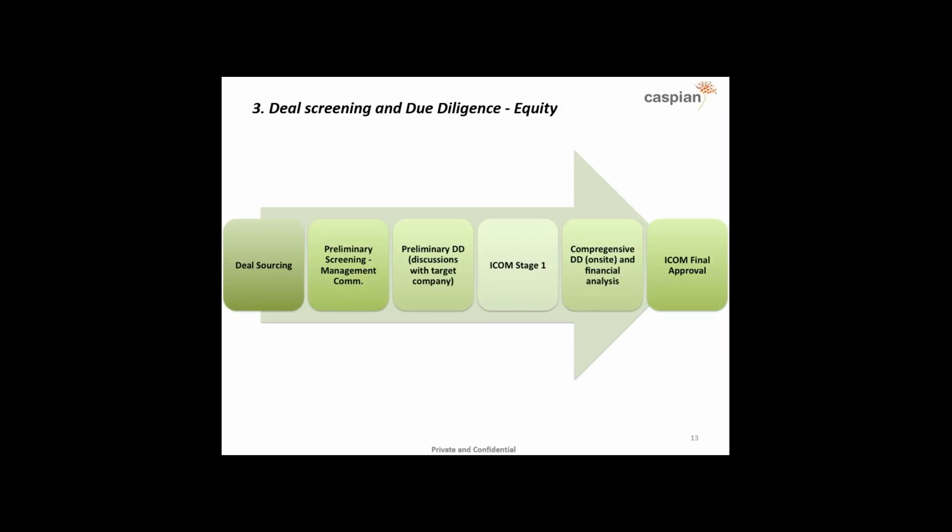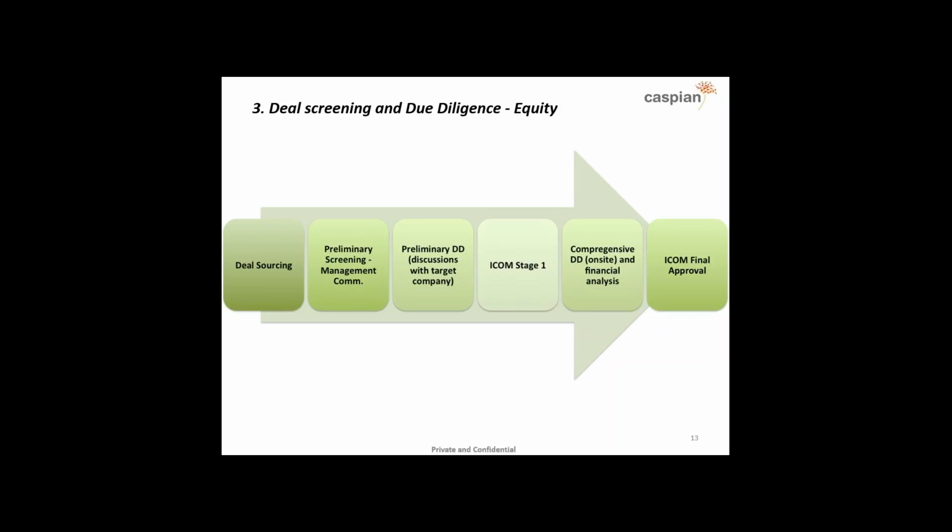Once it gets through initial screening, there's a preliminary due diligence where there are discussions with the potential investee, possibly a visit, at which point, based on that information, we go to the investment committee. In all our equity investment funds, the investment committee comprises independents as well as investor nominees, so this is not an internal committee. And one key change that we made somewhere along the line, which turned out to be quite useful, was the splitting of the investment committee review into 2 stages, sometimes 3,